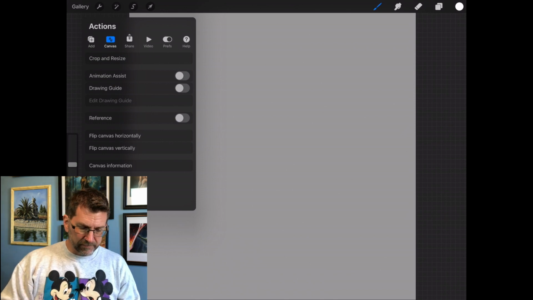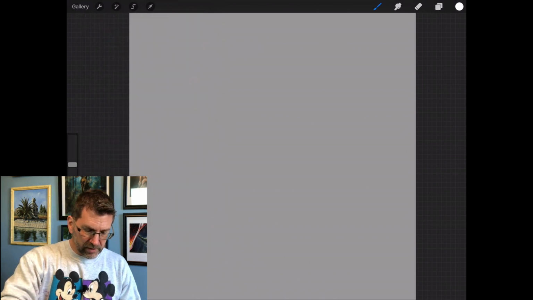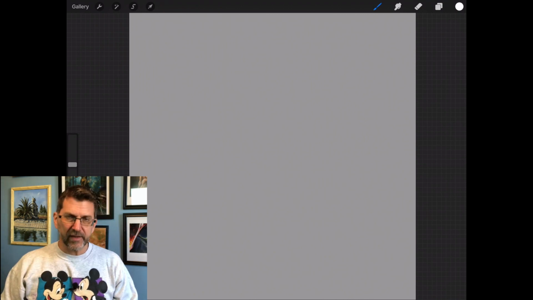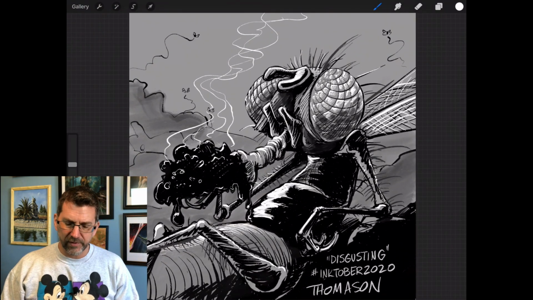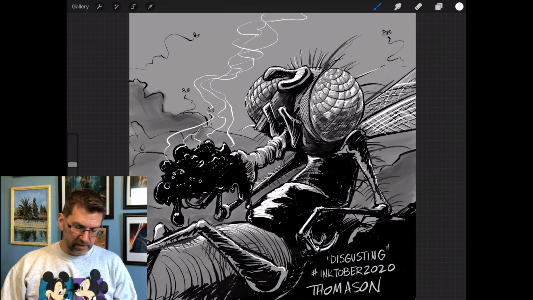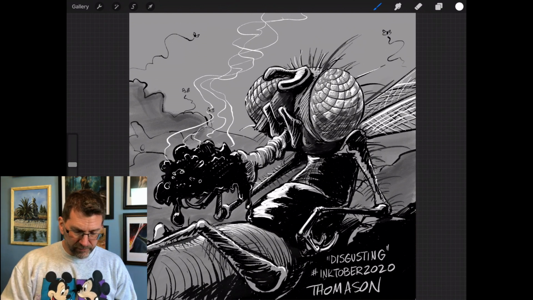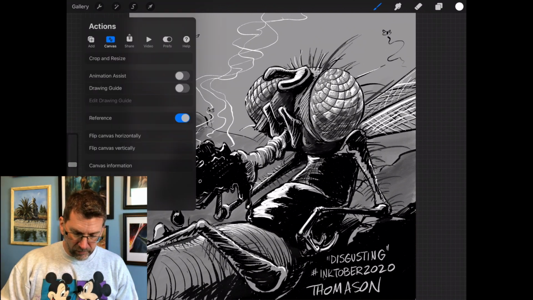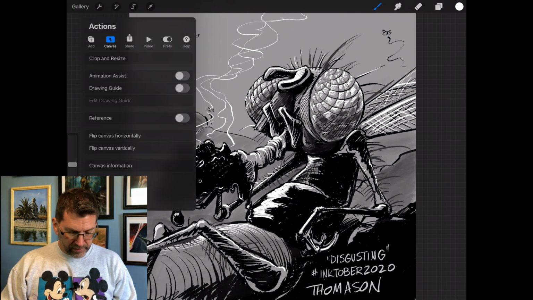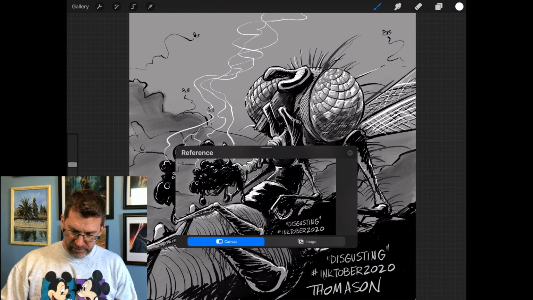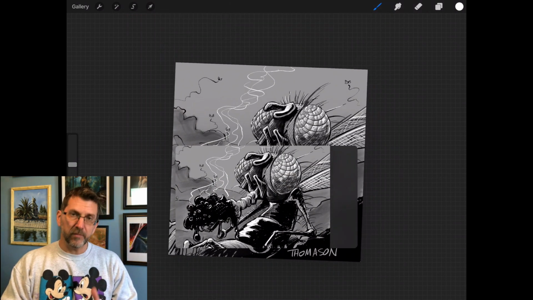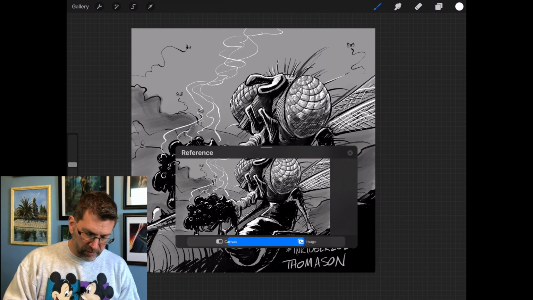And then another thing that's really cool, something that's new in the most recent version of Procreate 5.x, is this thing called reference. Open up yesterday's prompt, which was disgusting, and what I've done is I've used the reference tool. What's cool is you can either choose the canvas itself, so that when you zoom in you know where you are on the canvas. That's kind of cool. Or you can choose an image from your photo gallery to be your reference,